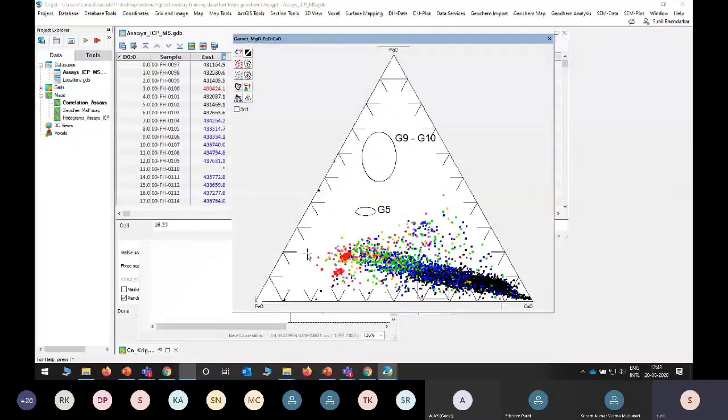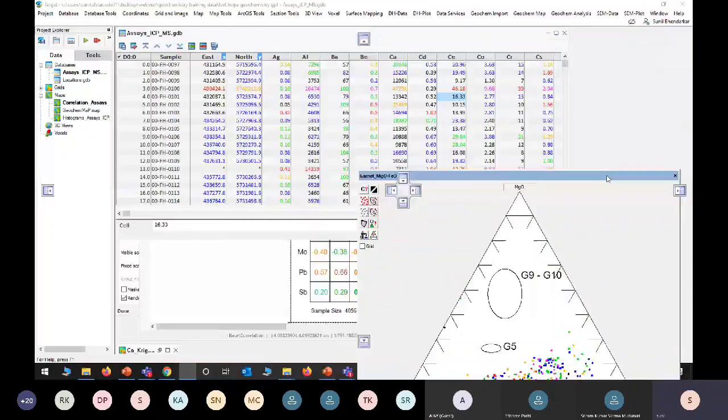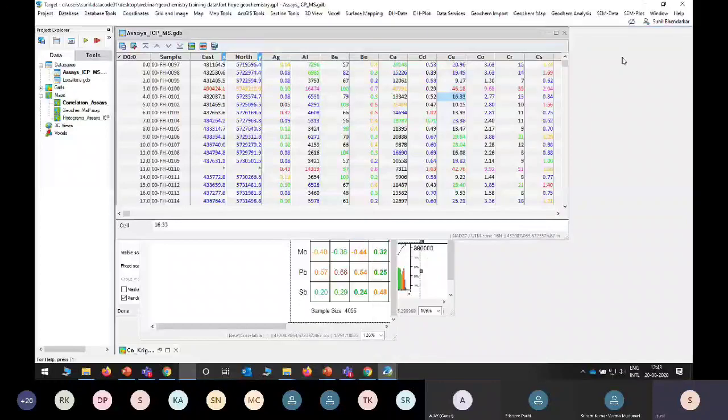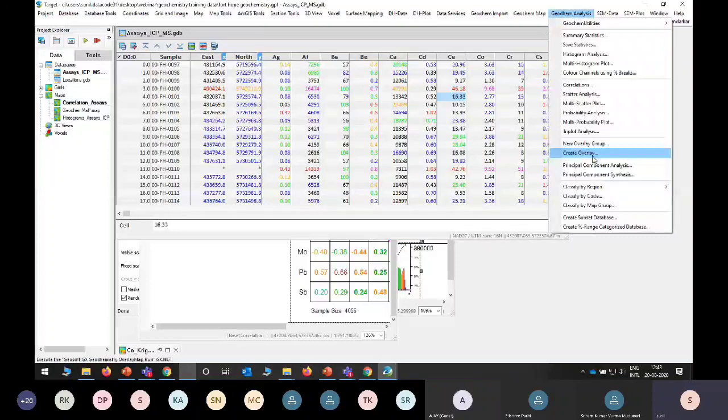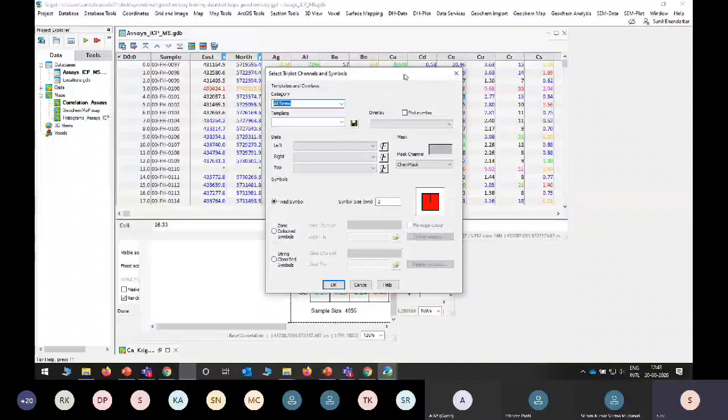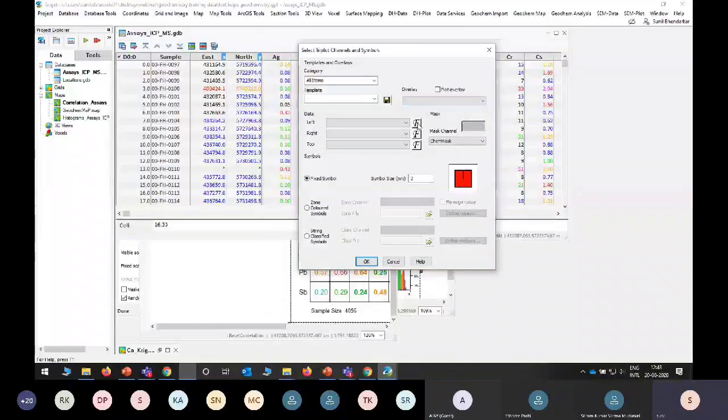Similarly, like the person asked me with respect to the tectonic settings, we need to just add the categories here. I will show you here. Here you can add, or you can select your particular element.